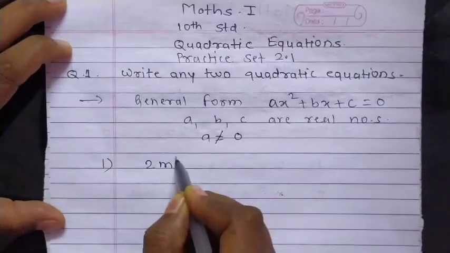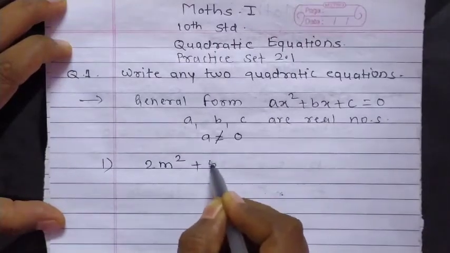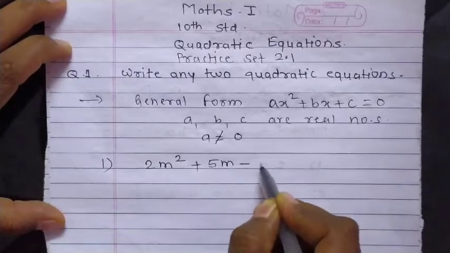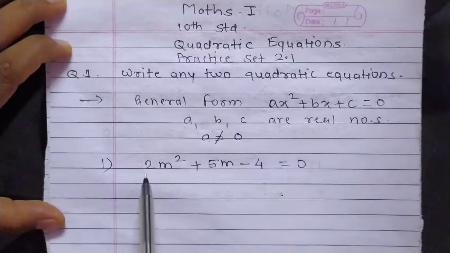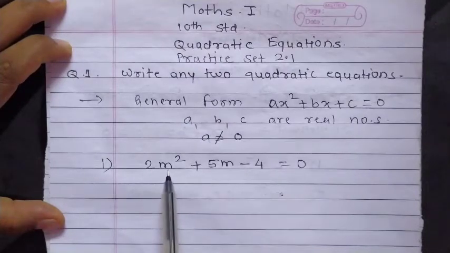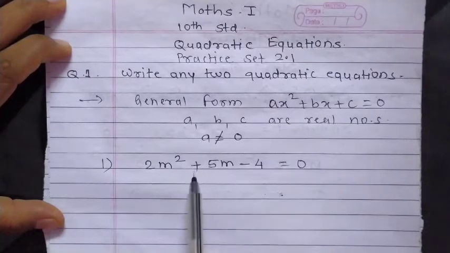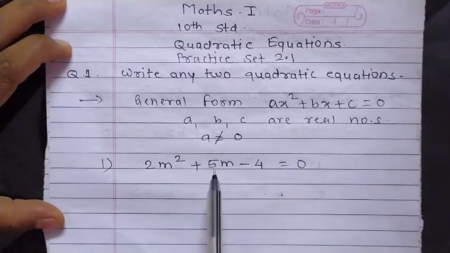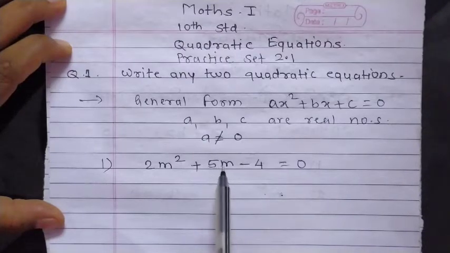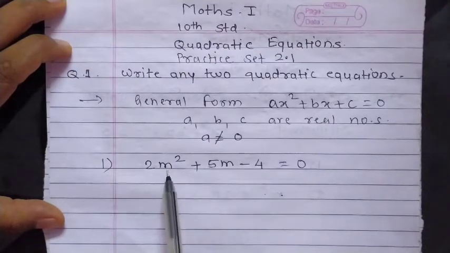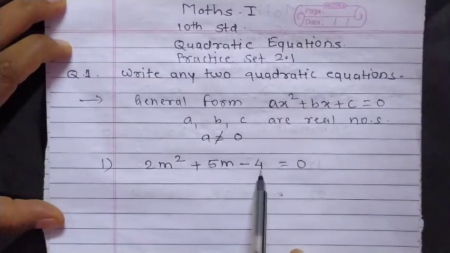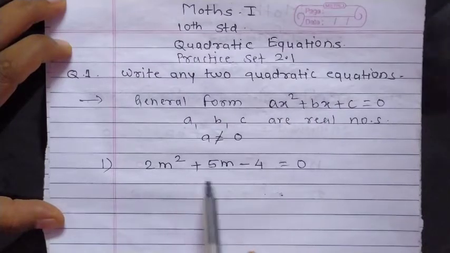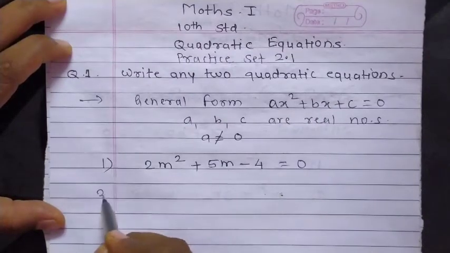2m square plus 5m minus 4 equal to 0. Here in the place of 2 you take any number, in place of m you take any variable from A to Z. Here taking sign plus or minus, here any number, then we form so many quadratic equations. Second equation is